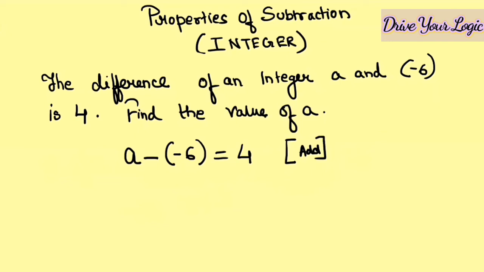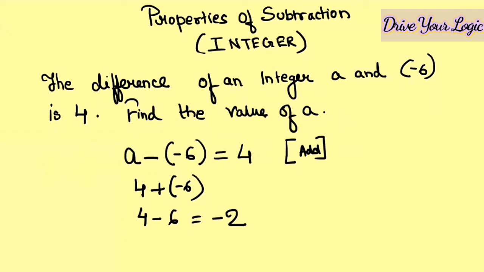Now how to add? Minus 6, and then you have to add it with 4. You have to understand the subtraction and then add. This addition you can do from both sides. You can ask, ma'am, do we add 4 with minus 6, or do we do minus 6 plus 4? Same. That's why any way you can add minus 6 plus 4 or 4 plus minus 6, taking the whole number minus 6. Now what is your answer? 4 minus 6, that answer is minus 2. So your answer is minus 2.